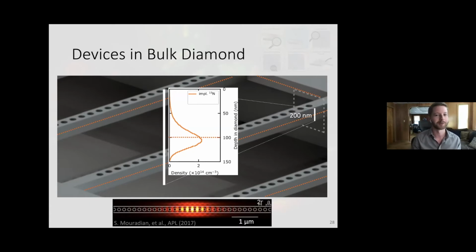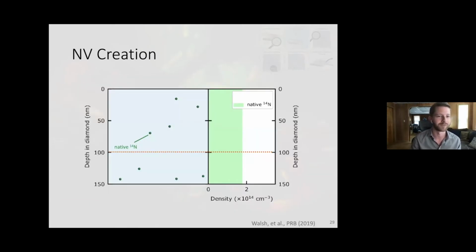To look at that in a little bit more detail, we can look at a cross section of our diamond, where the top surface here is the top of the diamond, and we look about 150 nanometers deep. And you'll see in our diamond, we have some amount of native nitrogen-14. So we're going to implant nitrogen-15 as a way to distinguish between them, which we'll get into in the next slide. But when this nitrogen hits the surface, it's accelerated to about 185 kiloelectron volts. So it's going to crash into the diamond and keep propagating through, knocking out carbon atoms as it goes, leaving behind a trail of vacancies, which are denoted by those purple dots.